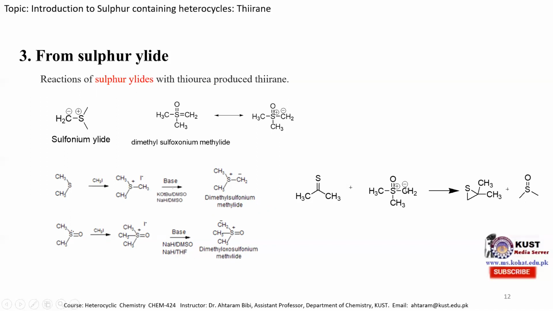And in this case, this CH2 negative ion attacks directly on this carbon atom. So this pi electron shifts toward the sulfur atom, and then the sulfur atom attacks this CH2, producing the thiirane molecule as well as the dimethyl sulfoxide molecule. And the synthesis of these sulfur halides is reported in 1965 in the Journal of the American Chemical Society. So this is all about the synthesis of thiirane molecule.